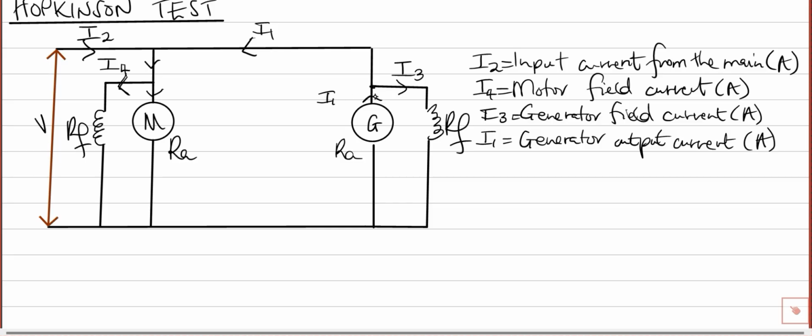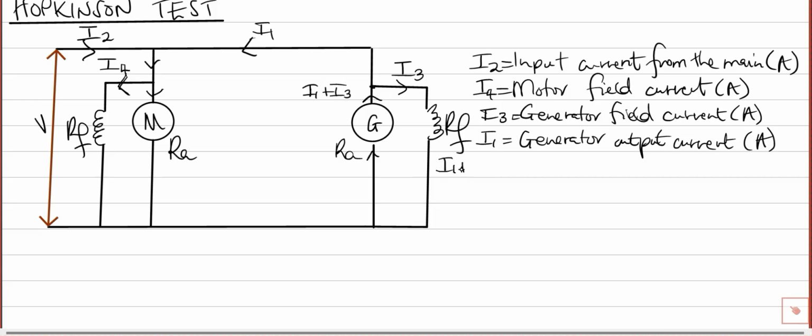So let's go through it again. I'm saying we have this arrow pointing upwards here. It means as soon as it reached this junction, the current split. Some current went that direction, another one went up there. So I'm referring to I1 to say I1 already comes from this place. I3 as well comes from this same area here. So we can say the current you have here is the same as I1 plus I3. Then, considering that this same current must have passed through the generator armature resistance there,